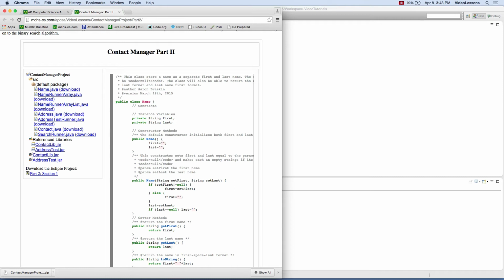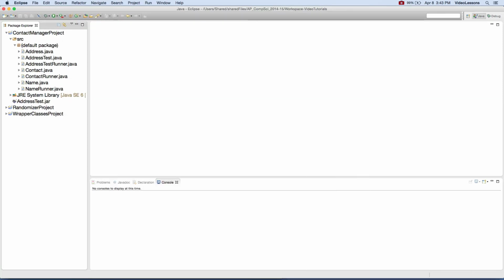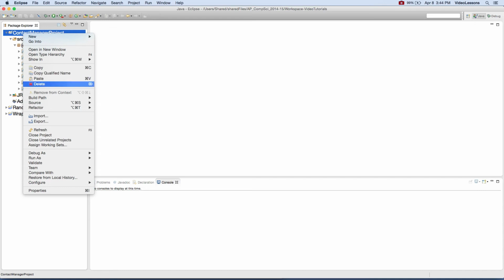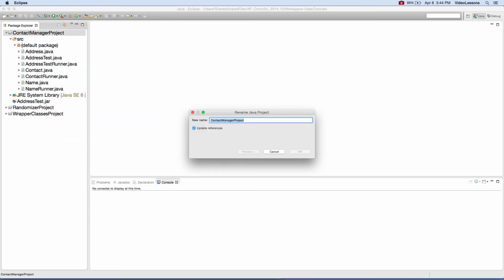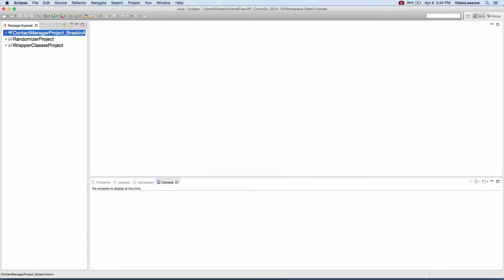For those of us that are importing the project to get started, if you have a previous version of the project that you want to save because it has references to code in it that you liked or you want to be able to go back and look at, you should rename that project. I suggest that you tack on your last name and first name at the end of the project. You can't have two projects with the same name, so it's important that this project have a different name